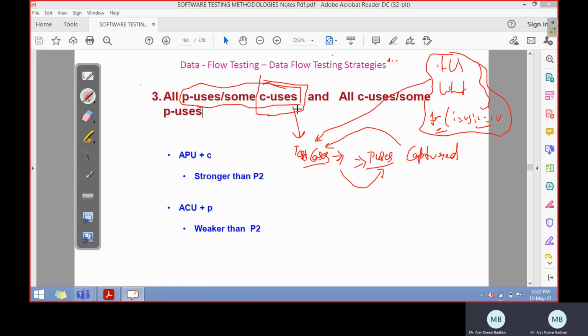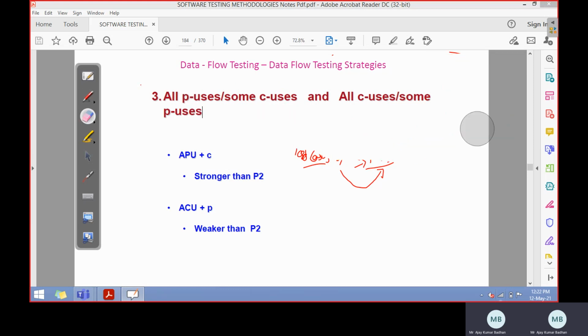Use some of the use cases, not all. Remember, that's why he's calling it some use cases. I hope you have understood this. What he's simply saying is that you generate the test cases in such a way that all the predicate uses, whatever are there within the control flow graph of the program we are writing, are captured. Then that means we can test it.